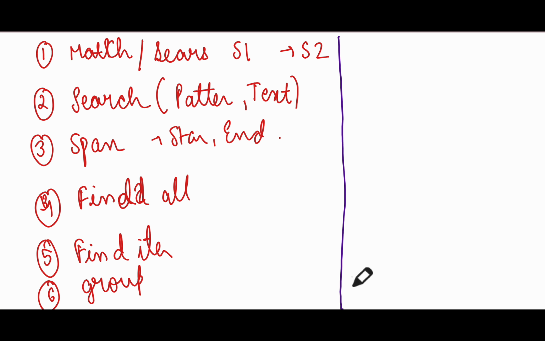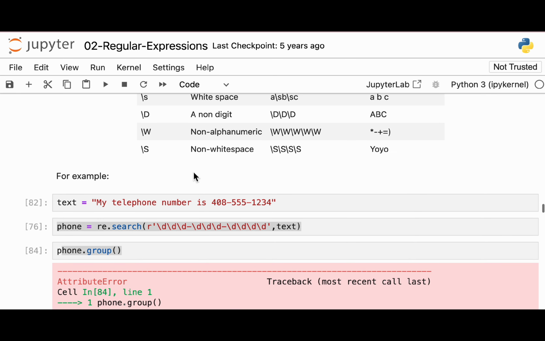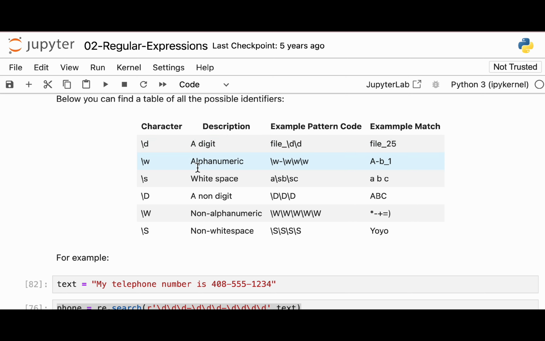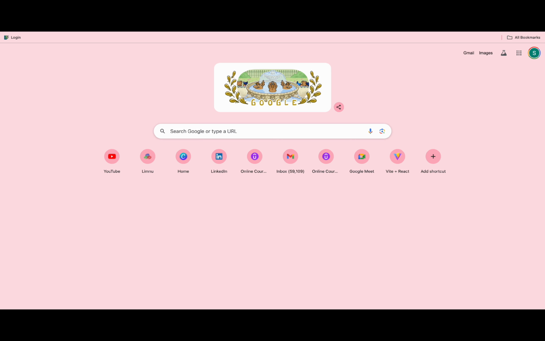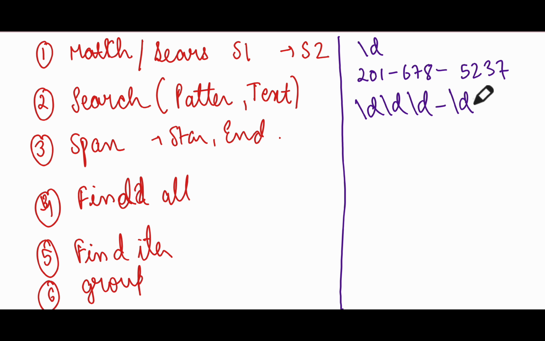After that we came to how to create a pattern. There is a whole table that you will need to remember, so the best thing is to remember at least the ones for numbers and characters. So let's say alphanumeric and digits, you remember. For digits it is \d. So how does it work? Pattern \d. If there is a phone number 201-678-5237, what will be the pattern for it? It will be \d, then again \d, and then again